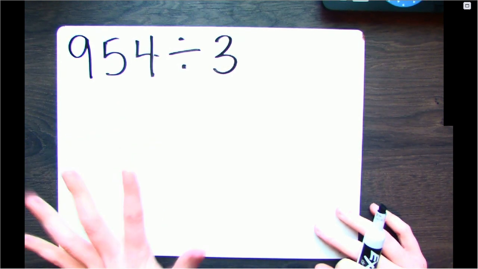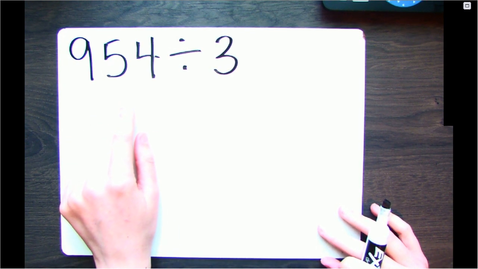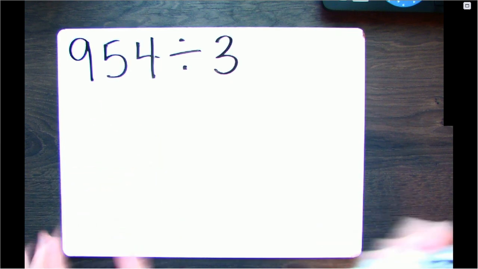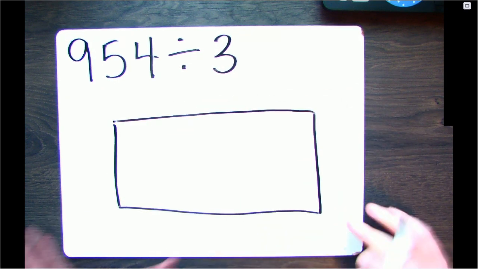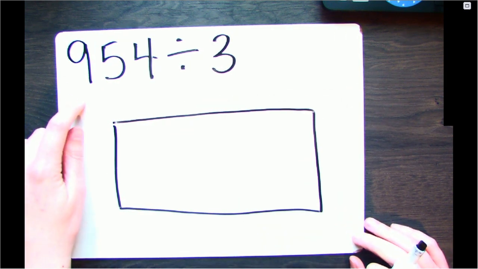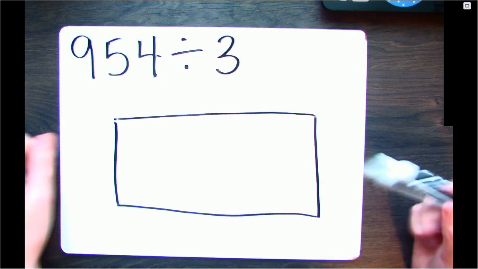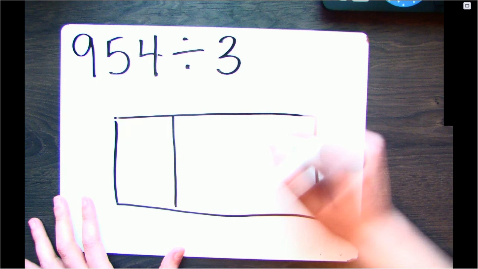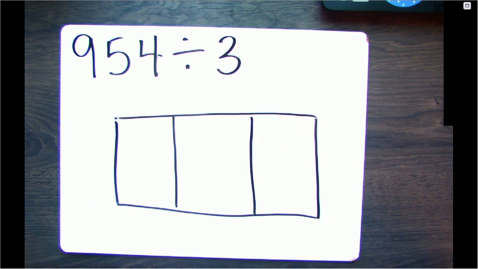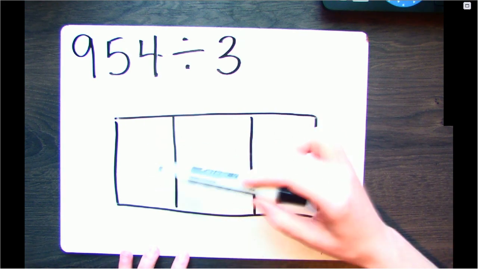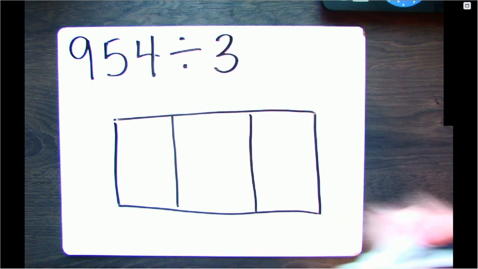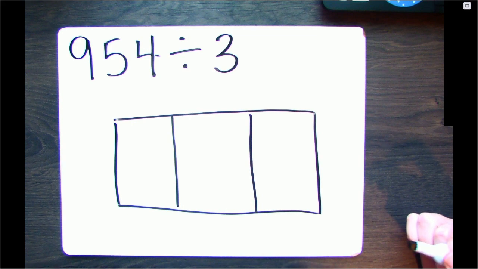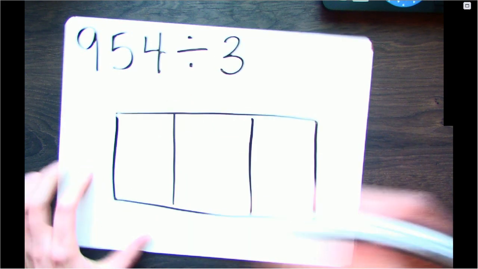So in order to draw, sorry, my fingers are kind of blending into the whiteboard. To do this, I'm going to draw a big box, a big rectangle, I guess. And because this number has three digits, I'm going to divide this rectangle into three parts. They don't have to be even, just so you can see that there are three different spots. You are going to be doing a little bit of subtraction in each box, so you might want to make sure that they are a little bit longer going this way. So I'm going to write this 3 over here,